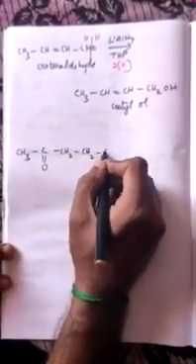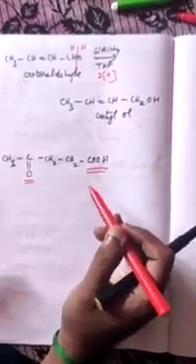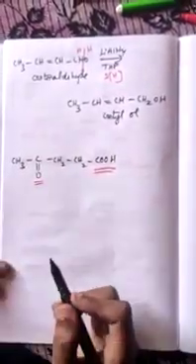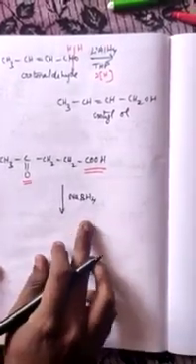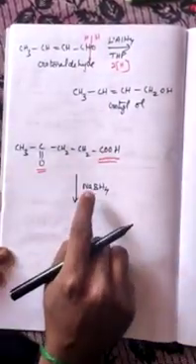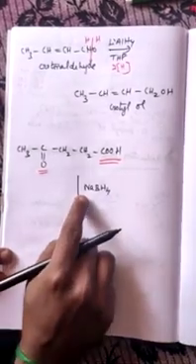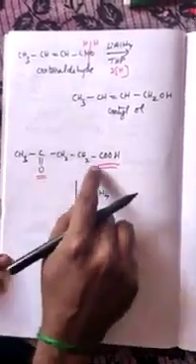Suppose let us take another example, CH3-C=O-CH2-CH2-COOH. Look at this compound. It contains 2 functional groups: one is the ketone functional group and another is the acid functional group. So what type of reducing agent can be used here? I am going to use the less vigorous sodium borohydride. If a compound contains only one functional group, we can use lithium aluminium hydride. Here I have 2 functional groups, so I am using less vigorous sodium borohydride. This sodium borohydride will reduce the more reactive functional group among the 2, and the ketone is the more reactive.